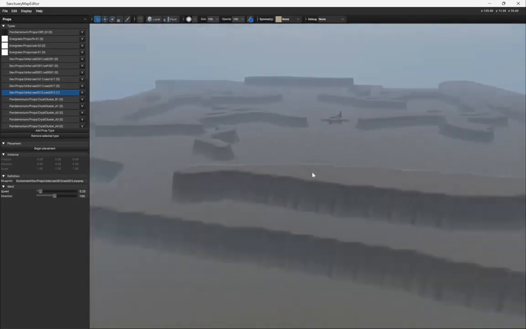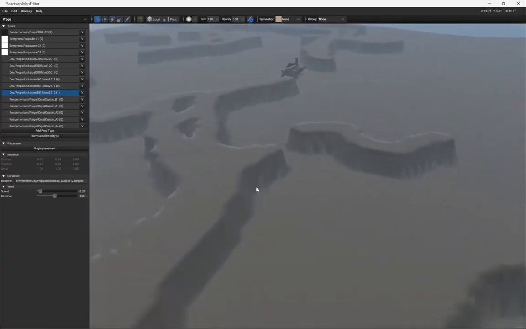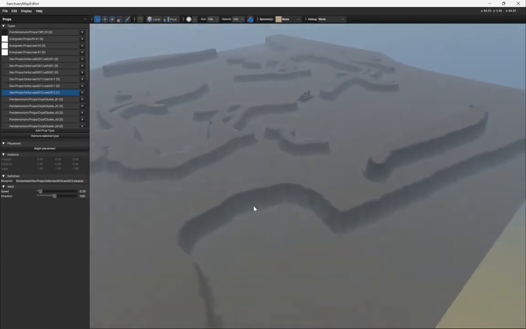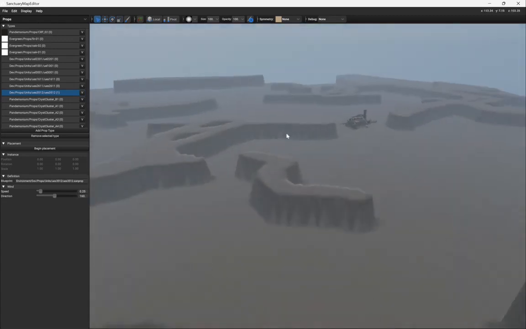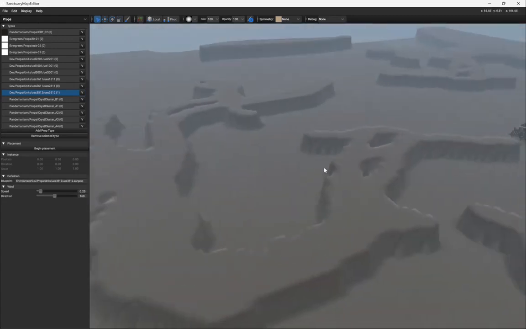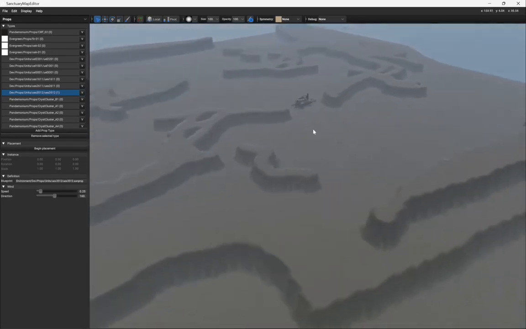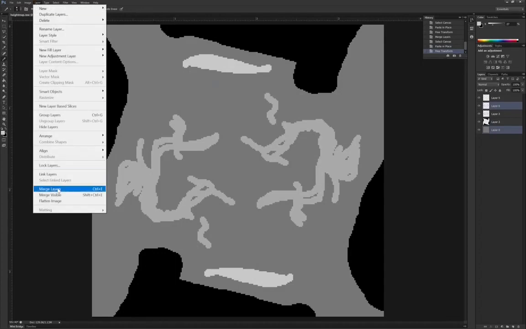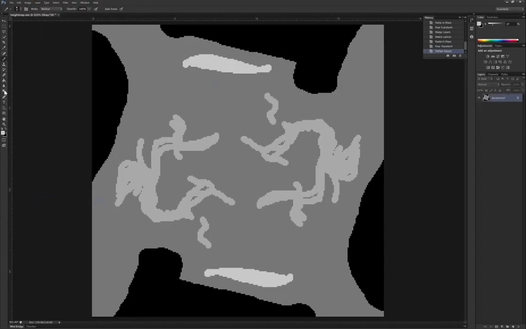So now we've got these high peaks. So this is a good way of roughing out the heights for your map. You can decide how high you want peaks, where you want those peaks to be that high, stuff like that. And I highly recommend starting out like this. And then what you can do is later on, you can just go through and